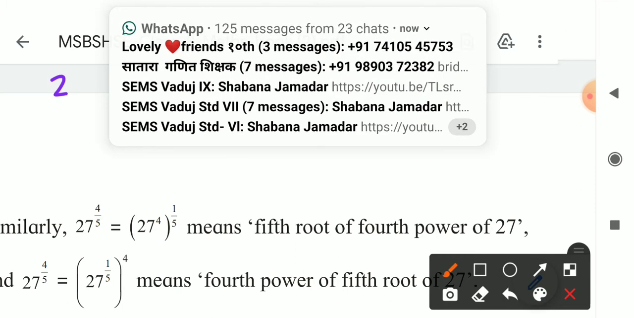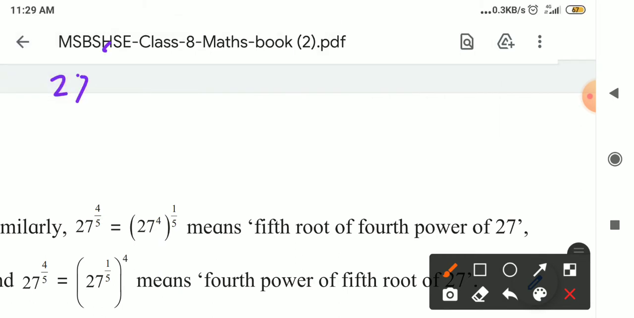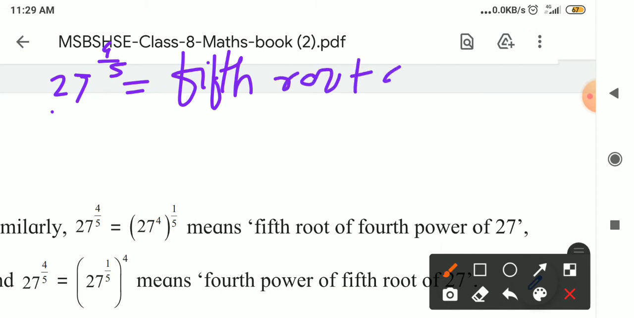27 raised to 4 upon 5. So from the root, that means from the denominator: numerator to denominator and denominator to numerator. 27 is the base that we write at last. So let's first see the denominator 5. We have to write the fifth root of the fourth power. Square is for 2, cube is for 3, but for 4, 5, 6, 7 we have to use the particular number. So, the fifth root of the fourth power of